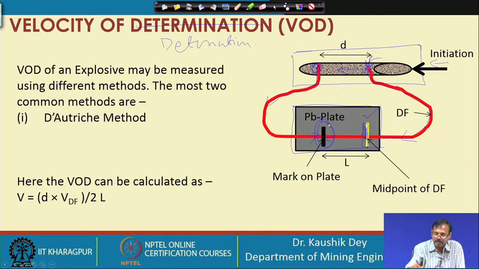We have a known, marked point on the lead plate, which is the meeting point of both initiations of the detonating fuse. From here we have one known length, L, the distance between the middle point and the mark on the plate, and one known distance, the distance apart of the tying of the detonating fuse on the explosive column. By knowing these two, we can determine the VOD of this explosive